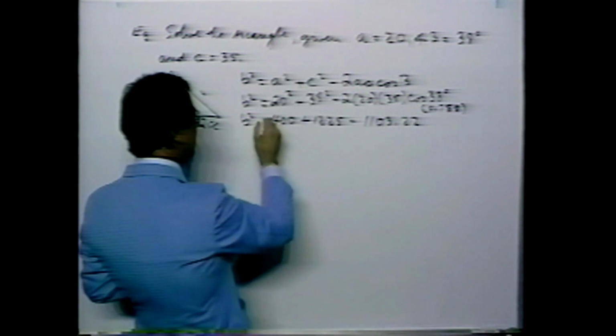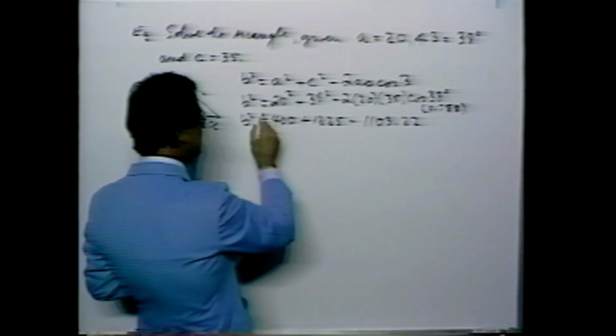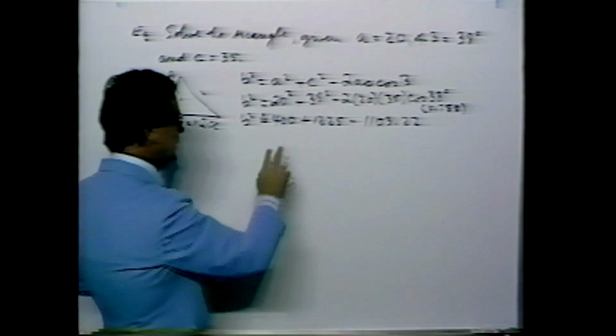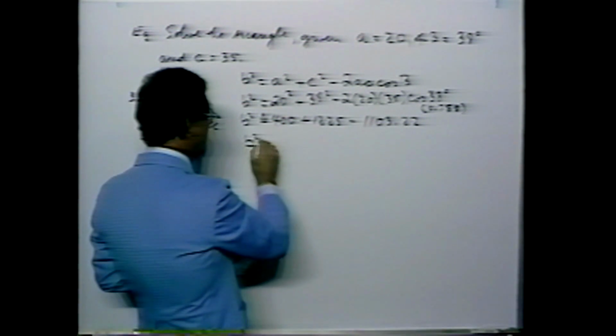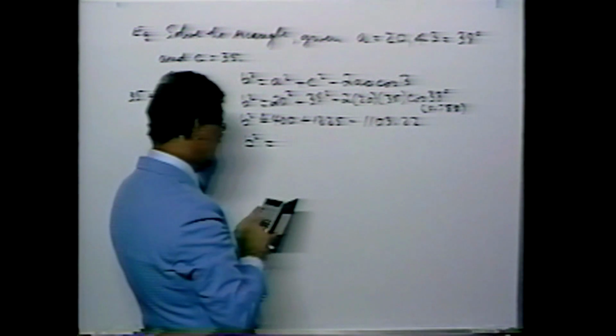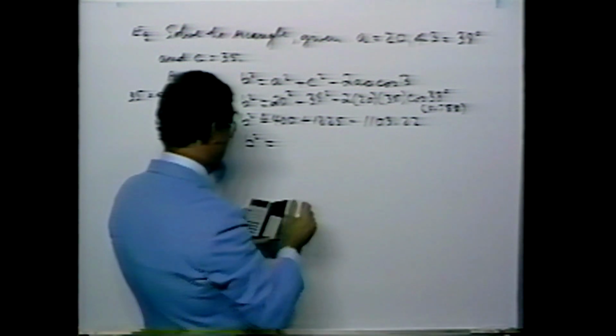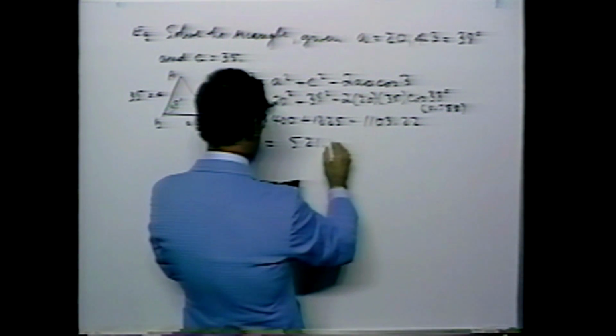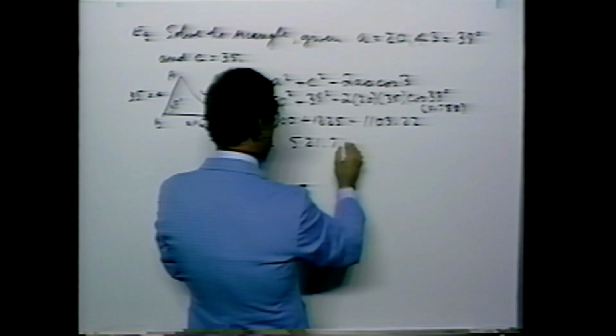So we have then that b squared is approximately equal to this sum. If we simplify the details, we end up with 521.78